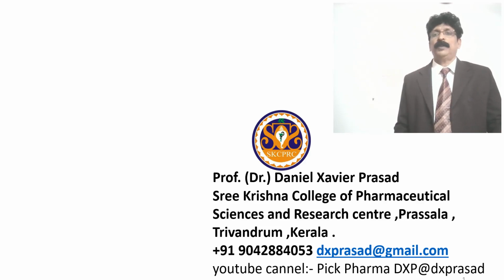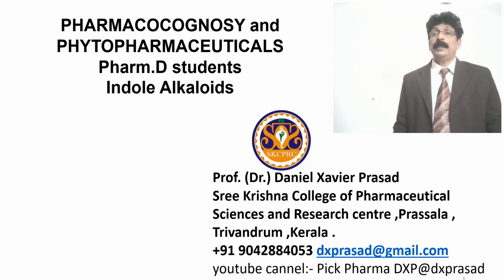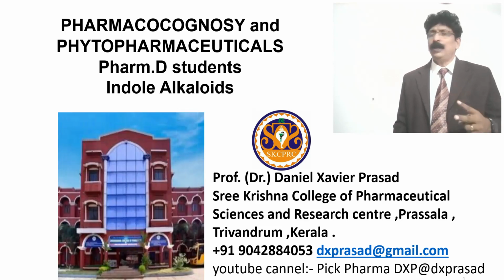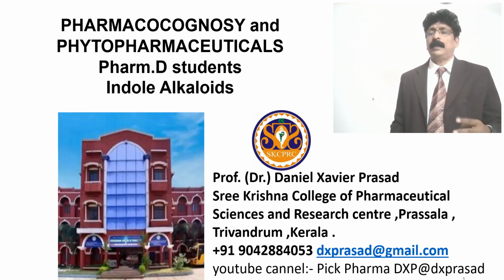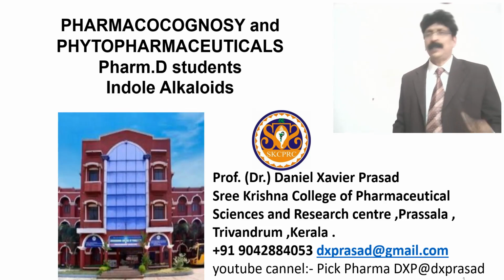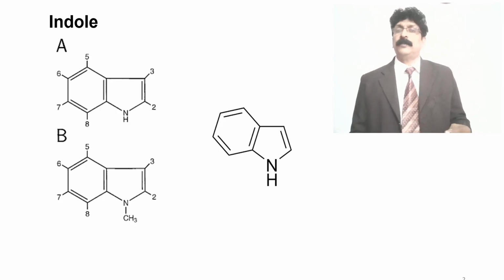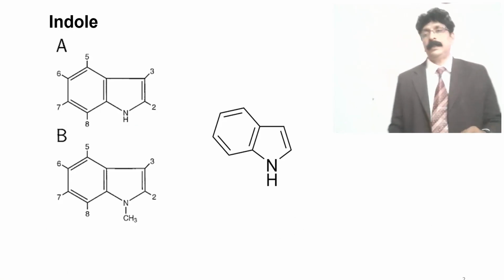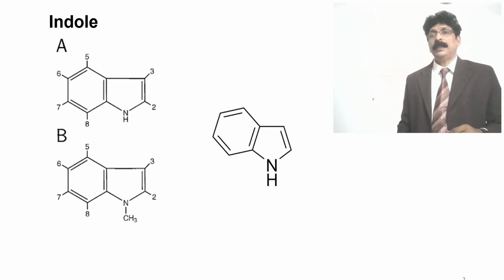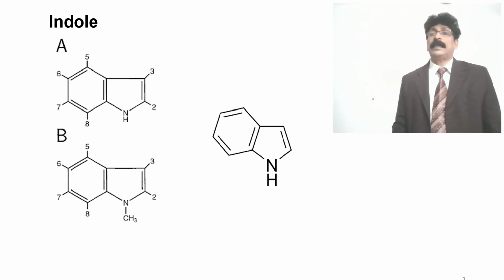it will be helpful from your examination point of view. So PharmD students, this one is about indole alkaloids, and I have taken only two examples. There are many, and in some alkaloids I used to take only one. In this I have taken two because of the importance of those two, vinca and especially Rauwolfia. So in indole alkaloids, you can see the structure of indole, a 6-membered ring and a 5-membered ring